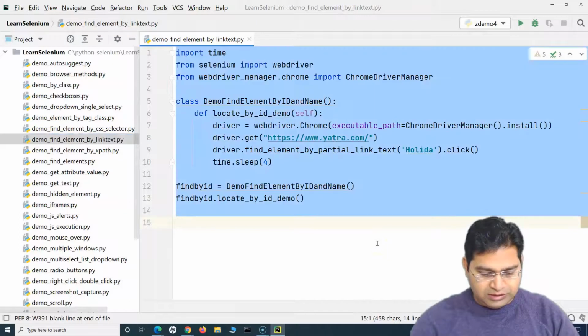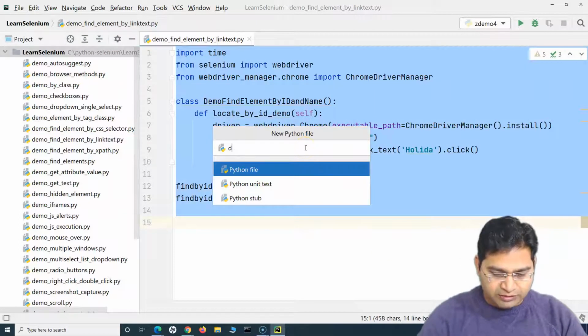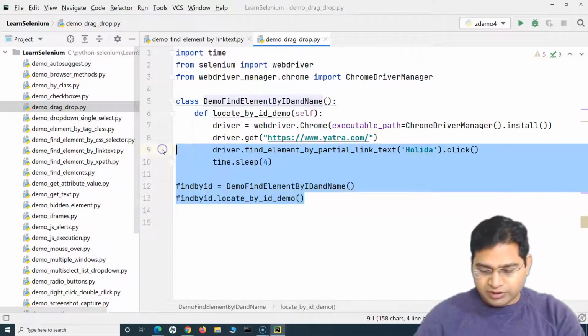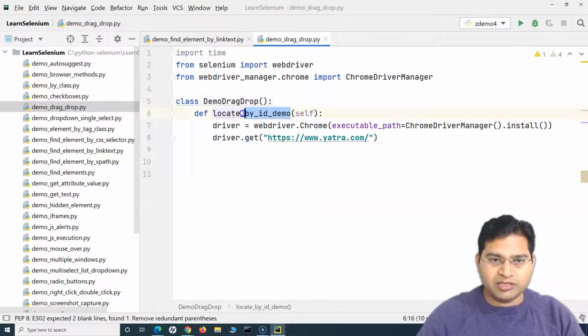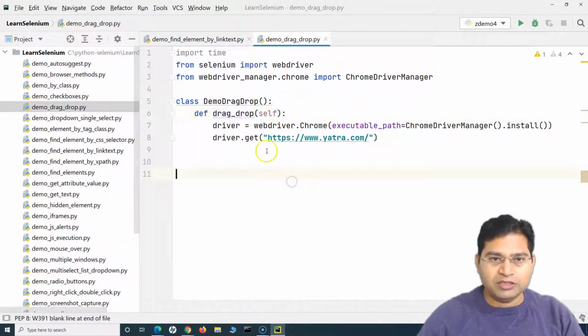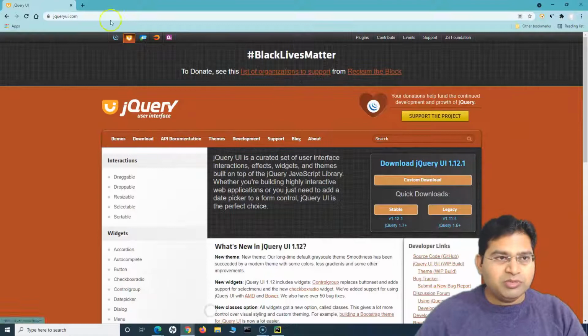So I'll select it, create a new file, and I'll name it as demo drag drop. Okay, so let me remove everything here and I'll say drag drop and change the method name to drag drop. All right, so what we'll be doing is we'll be going through this